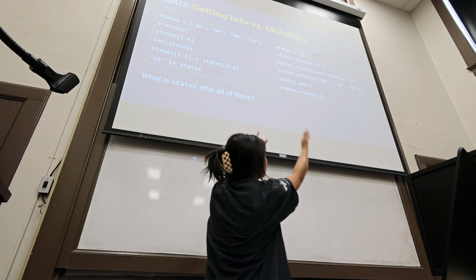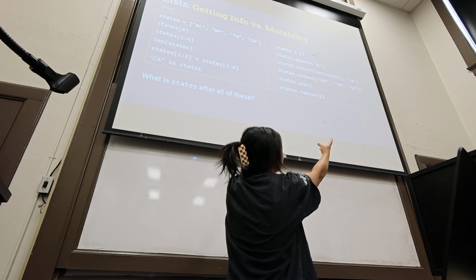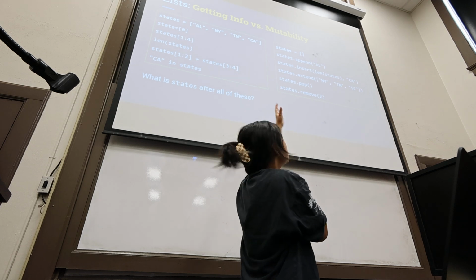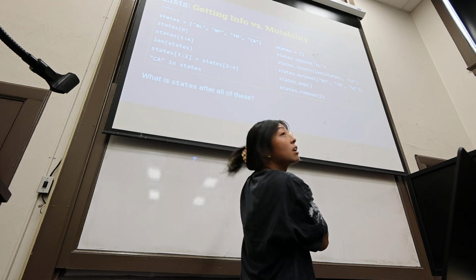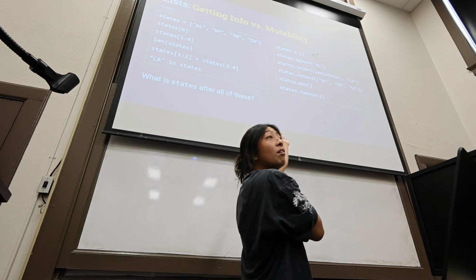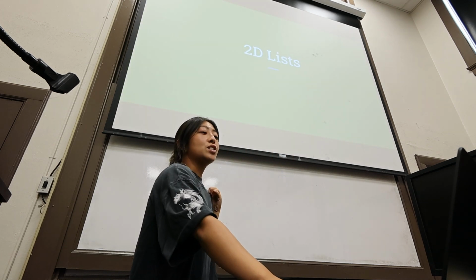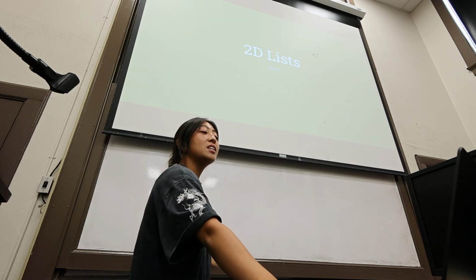But then on this side, the right hand side, this box, all of these built-in methods that you call are going to change states. So states is actually going to change after each of these lines of code. Make sense? Yes. Okay. So let's talk about 2D lists, and we'll start off with the example that Daniel is